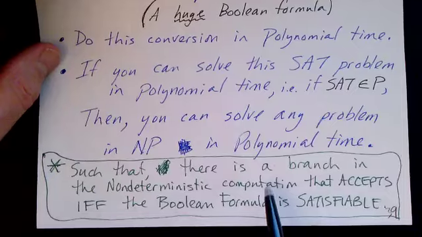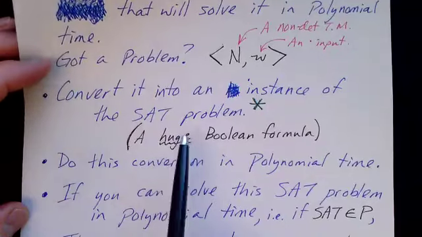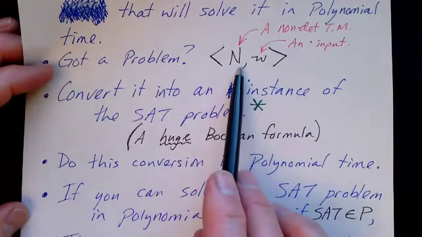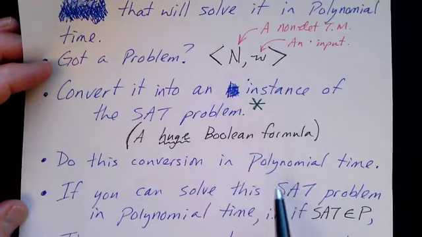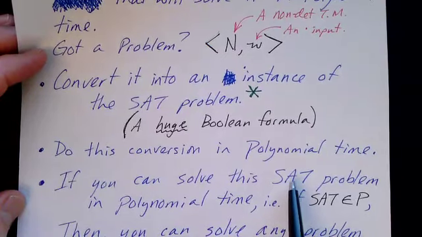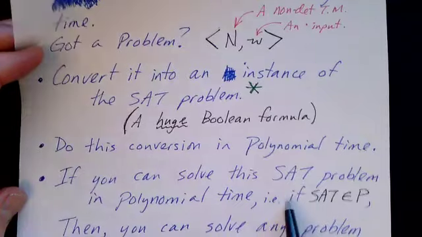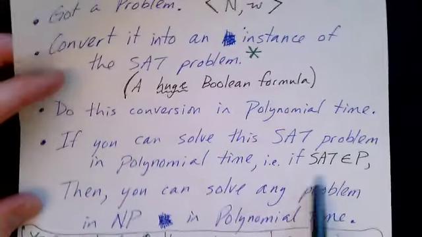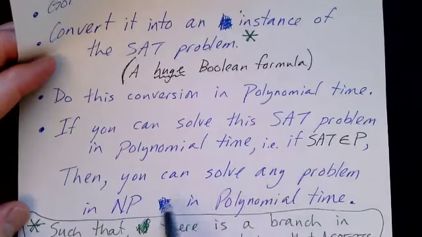So we're going to do the conversion from the non-deterministic Turing machine with its input into a satisfiability problem. And we're going to do that conversion in polynomial time, such that if you can solve the satisfiability problem in polynomial time, then you could solve any problem in NP